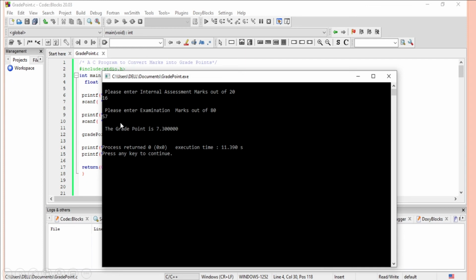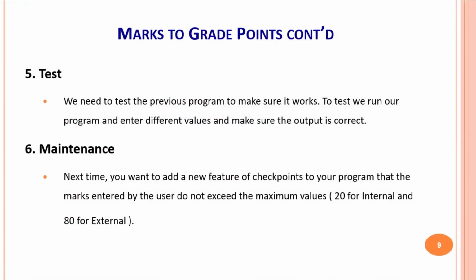Then these two lines are blank, and then process return 0. This is a message that your program has executed successfully, and it has taken a total execution time of 11.39 seconds. Now it says press any key to continue, so you press any key and this console goes away. Code::Blocks is again available to you.